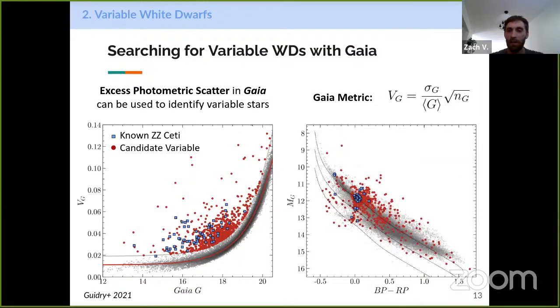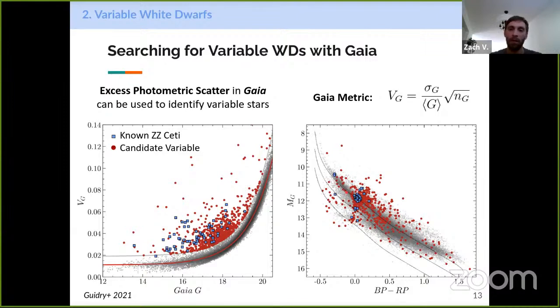And when we convert this plot into a color magnitude diagram, which is similar to the Hertzsprung-Russell diagram that I showed before, you can see a lot of the blue squares clumping in one region. These are all the ZZ Cetis, and a lot of the red points are clumped there behind it. So this was our way of first identifying that this particular metric applied to the Gaia photometry is helping us to identify pulsators pretty efficiently,